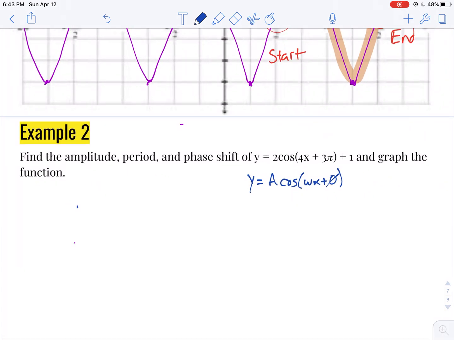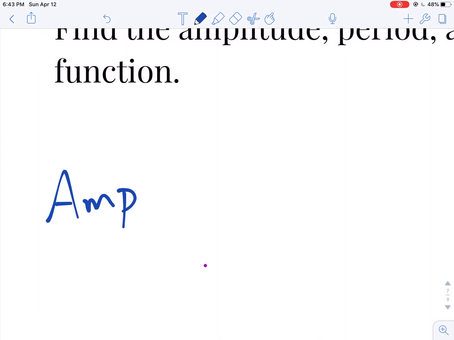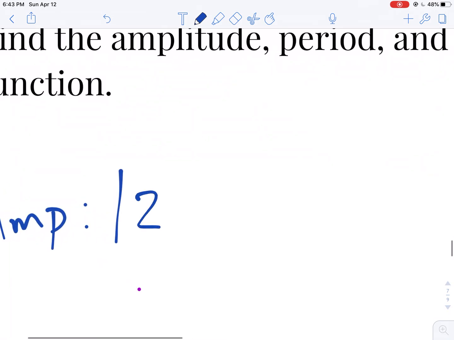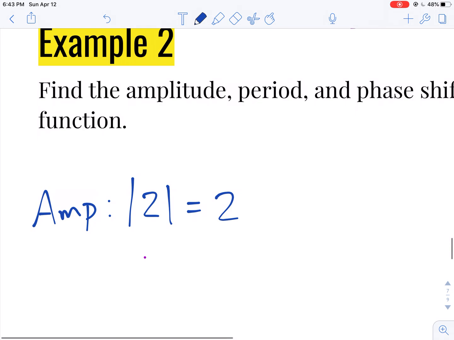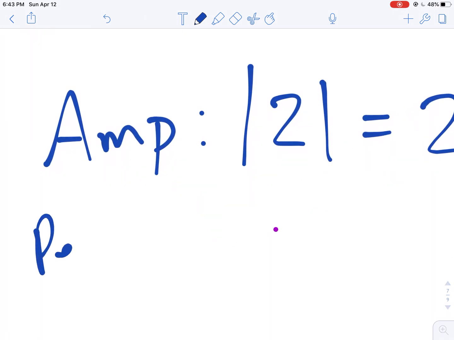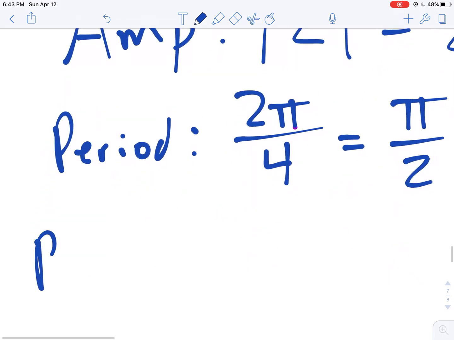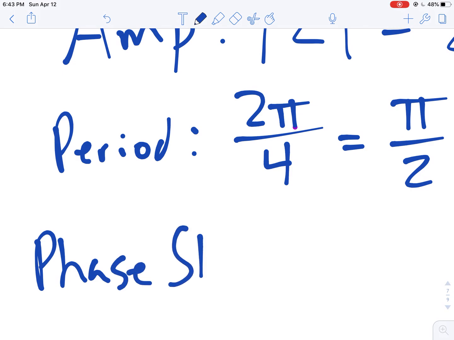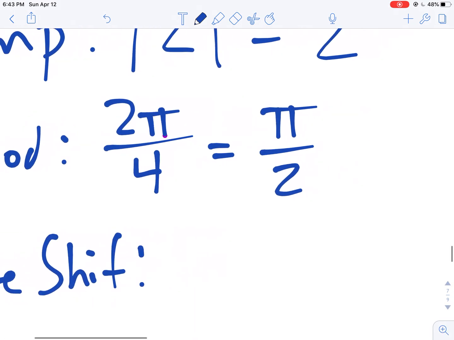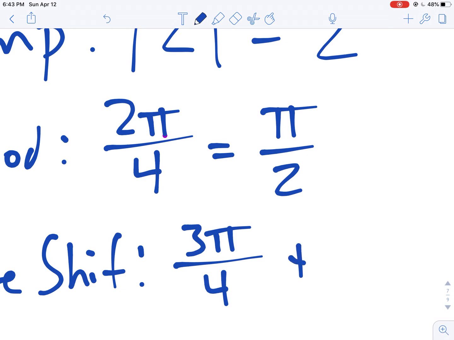My amplitude here is the absolute value of 2. So my amplitude is 2. My period will be 2 pi over omega, which in our case is 4, so I'm looking at a pi over 2 period. My phase shift is going to be 3 pi over 4 because it's phi over omega. I can't simplify this anymore. And this is going to be to the left